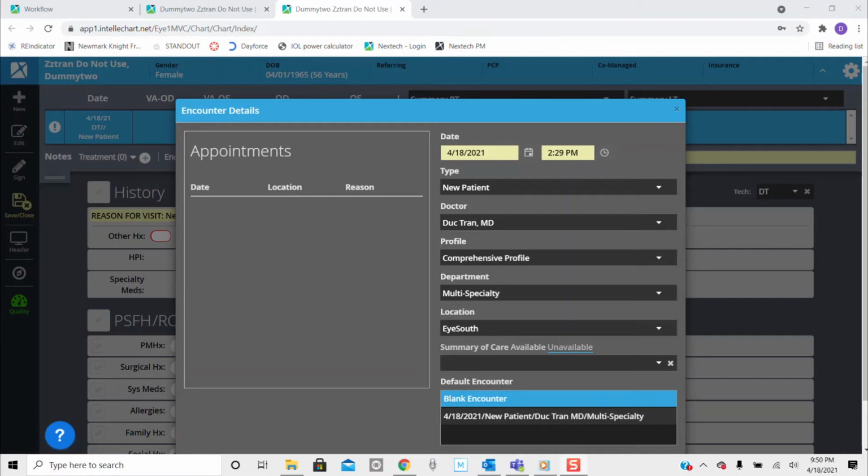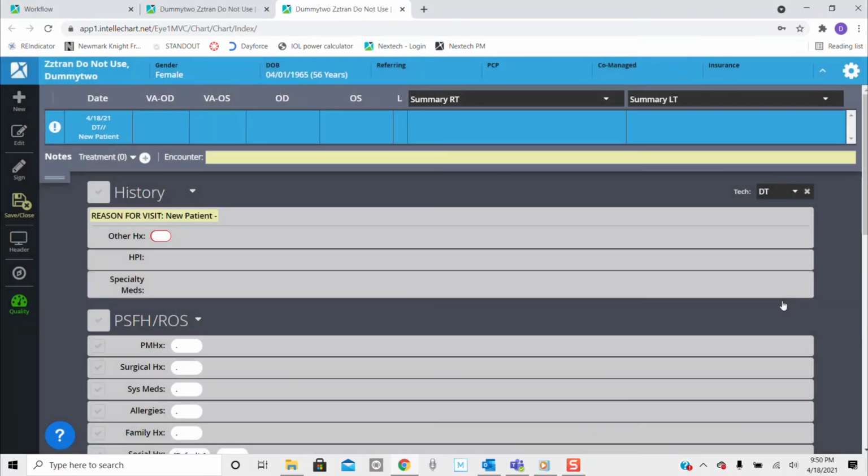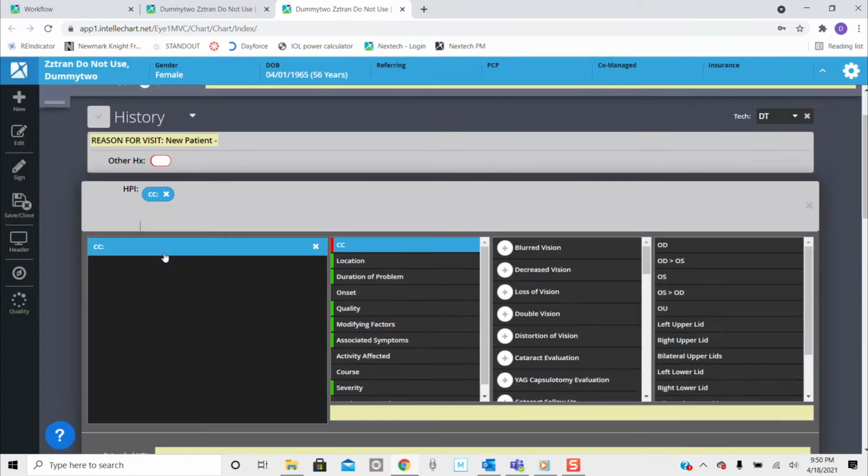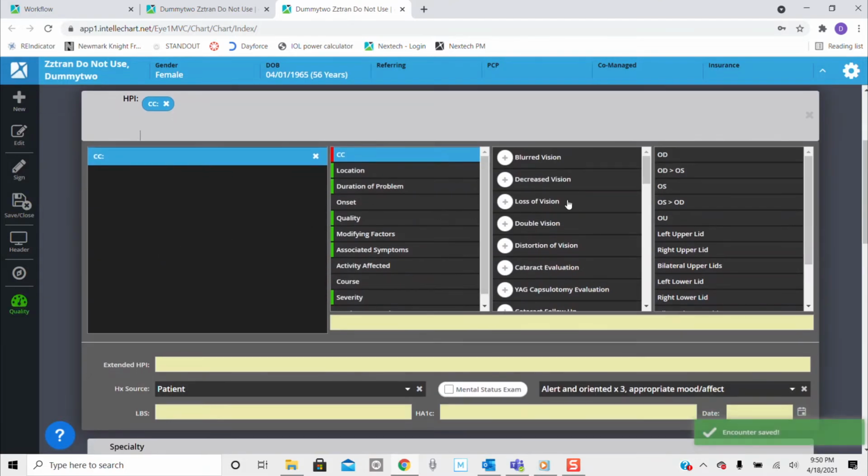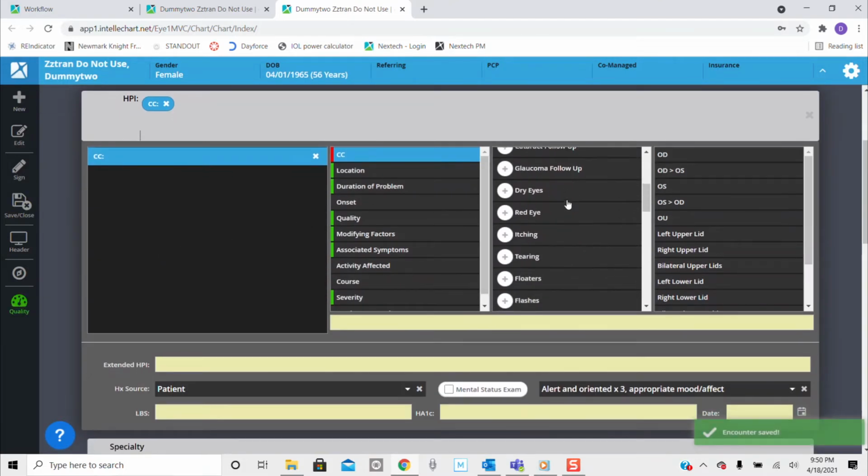In this video, we're going to go over how to work up a diabetic eye exam. This is a new patient to the clinic. So again, just open up the patient, a new exam, and just set the settings accordingly. I already have it set up here. Again, for history of present illness, this will be for a diabetic eye exam,